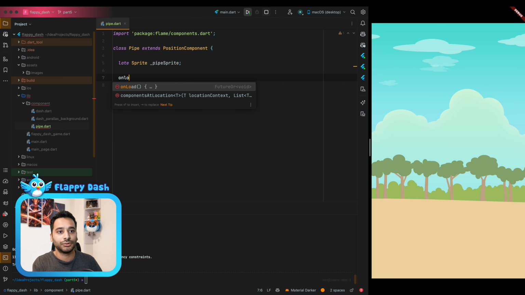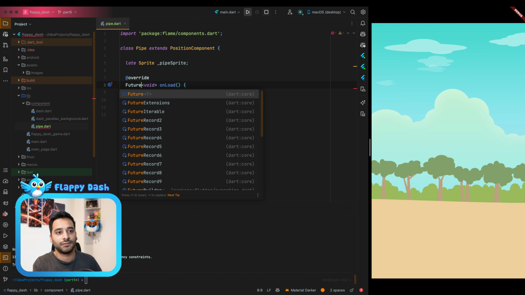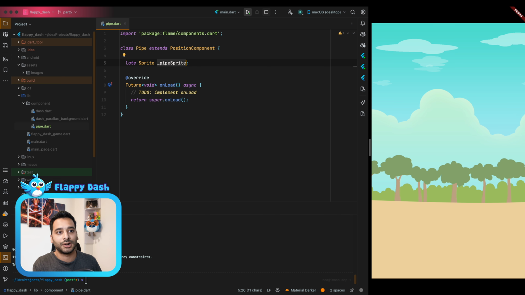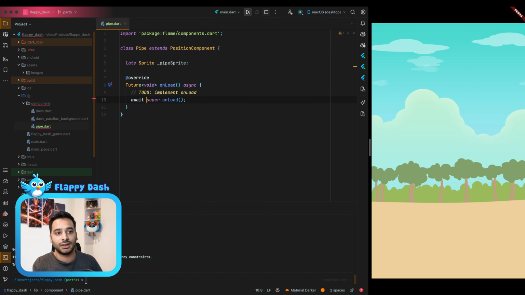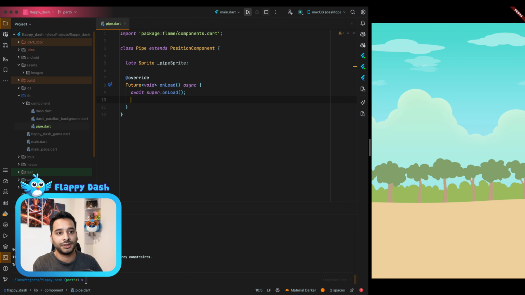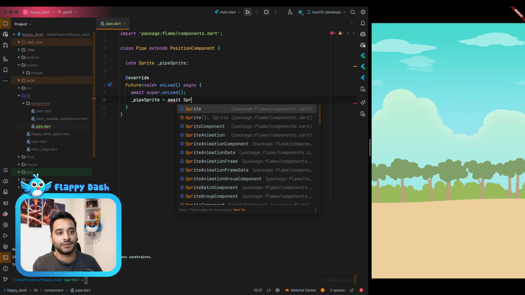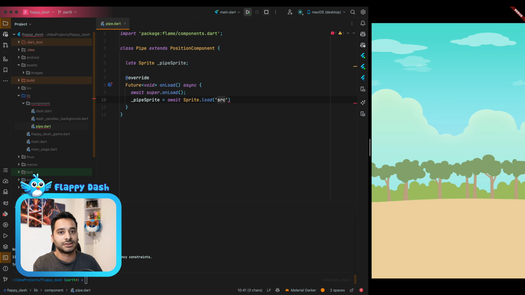In the onLoad method, which is a Future of void, because we need to load the sprite and it loads asynchronously, let's await the super, and here we can say pipeSprite is await of Sprite.load, and here we can say